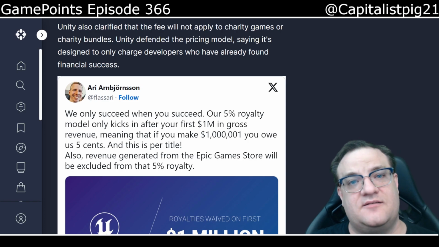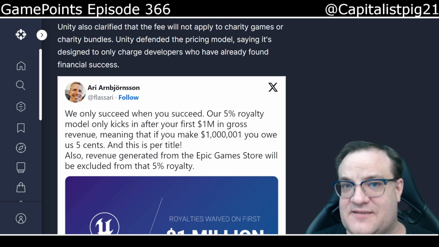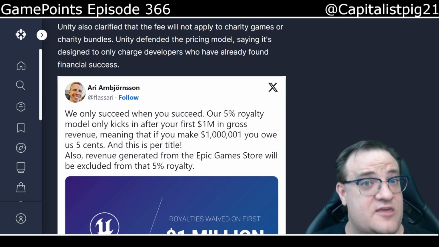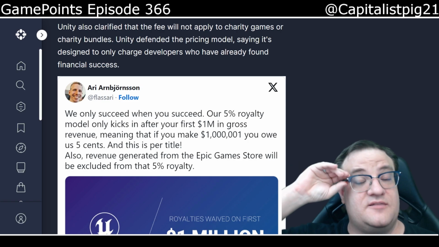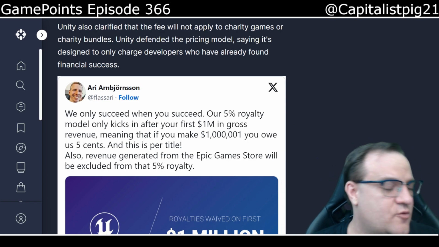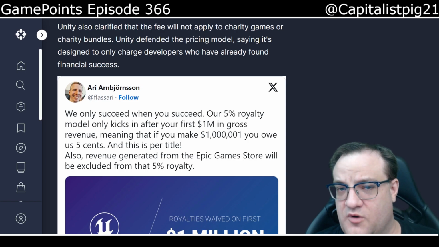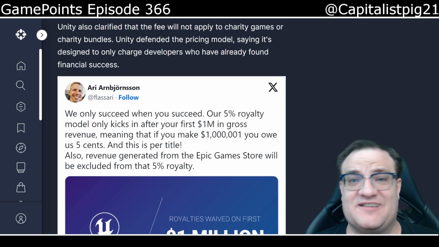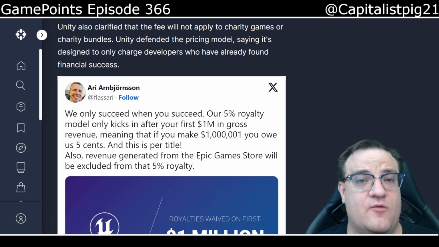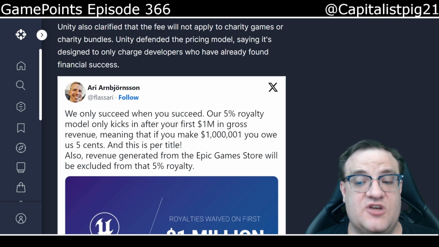From what I understand, there is already talk of massive class actions, with groups of developers getting together going, we did not sign up for this. This was not part of the contract that you gave us when we initially signed on to the development kit, the subscription fee, whatever terms they can use for it. There's also things about how they're ending certain tiers and just rolling people over to the more expensive one with only a few months notice, because it kicks in January 1st. Not enough time to put the brakes on a project and reevaluate whether or not you want to go on with it. There's a lot of shady shit behind this.